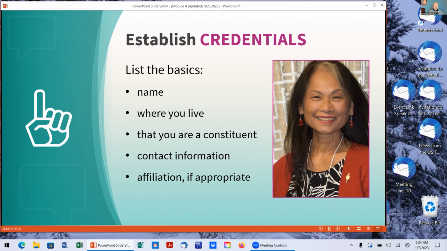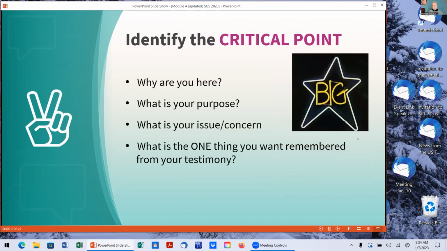It also gives your contact information. In your written statement, you're going to put down your name, your address, your phone number, and email contact information. And if you represent more than yourself, you're going to identify the name of that group and perhaps a small sentence that will let them know who that group is. Just be sure that you are in fact authorized to represent these other people.